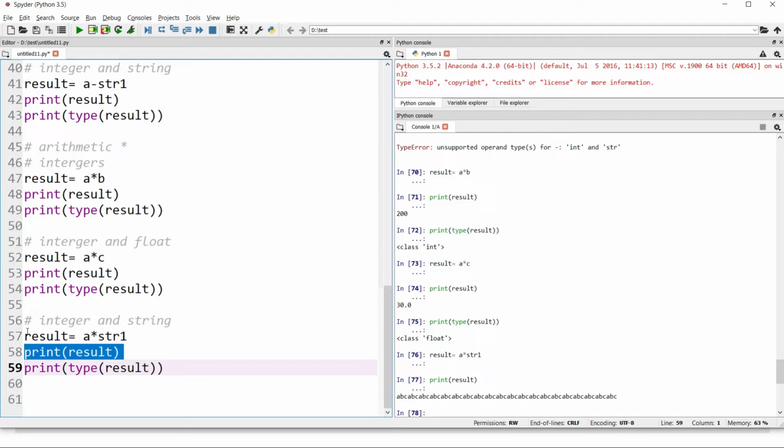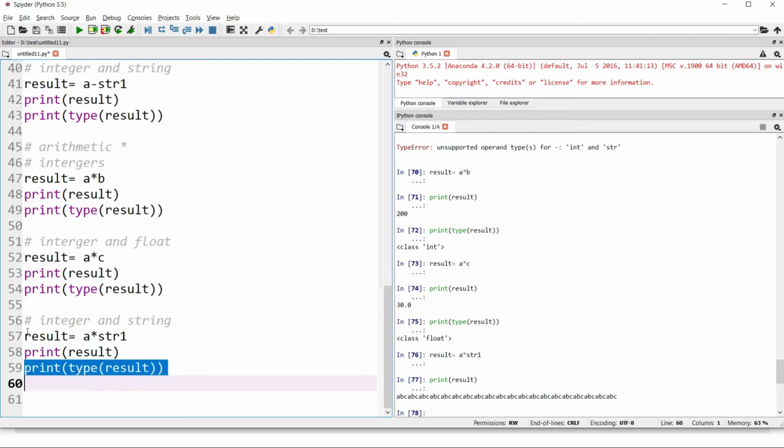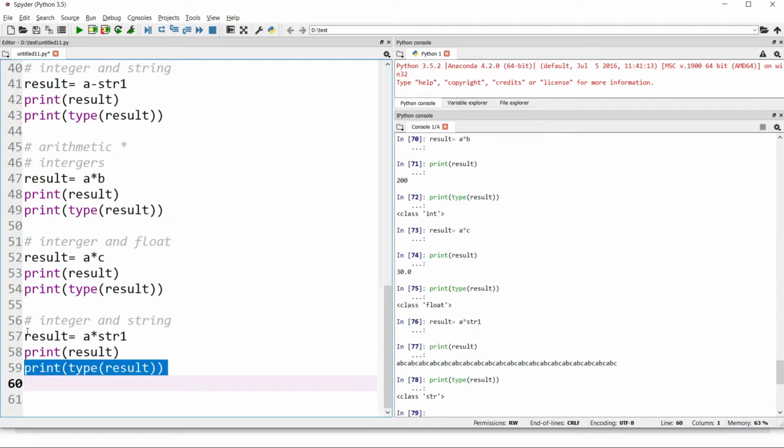So here I said a is 20, and I multiplied a string which had ABC in it, ABC 20 times. That means I have replicated ABC 20 times. So when I perform multiplication between an integer and a string value, it replicates your string value n number of times. And when you see the return type, it's string obviously.